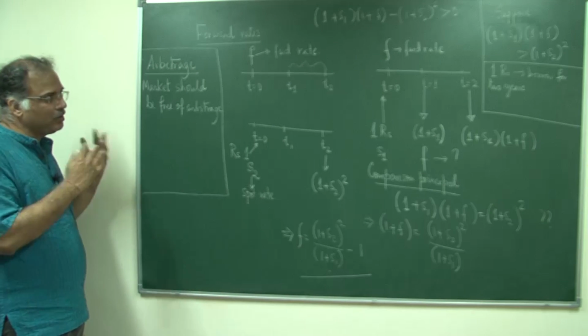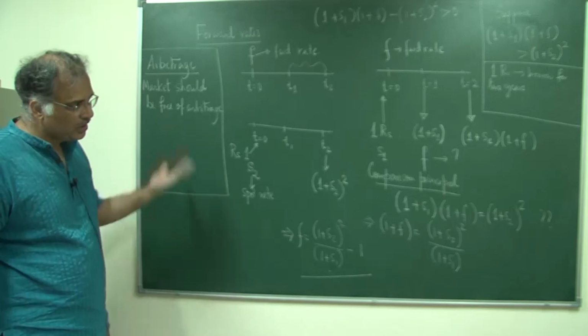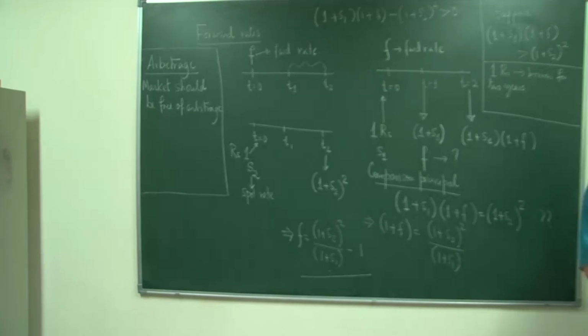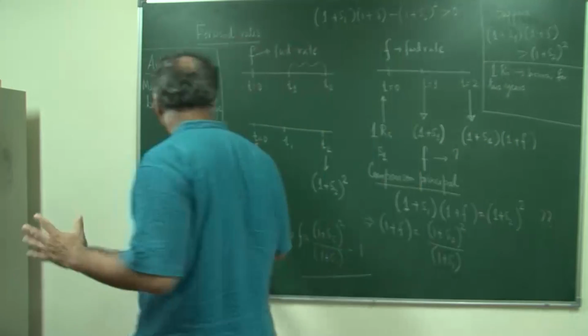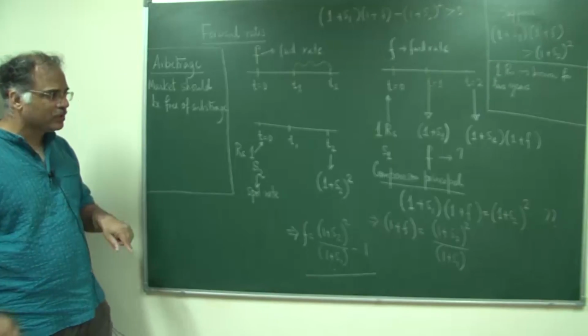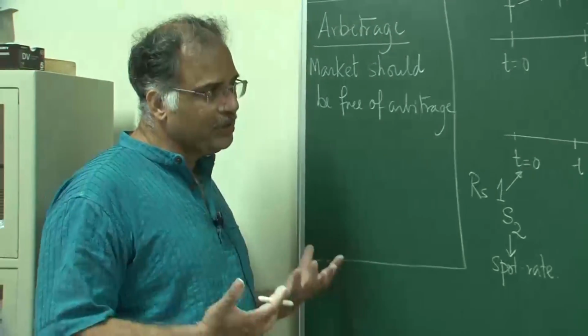So today we have introduced a very important notion of arbitrage, and how interest rate notions are linked with this very fundamental notion of arbitrage, the most fundamental notion of a market and a model of a financial market. With this I close today's talk, and tomorrow we are going to start discussing optimization models